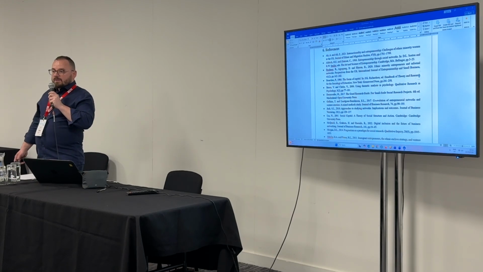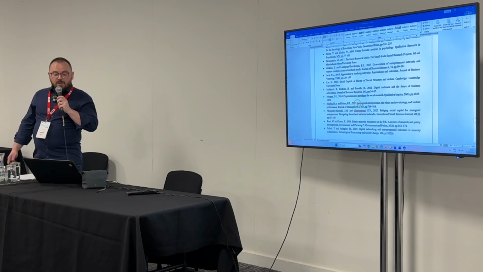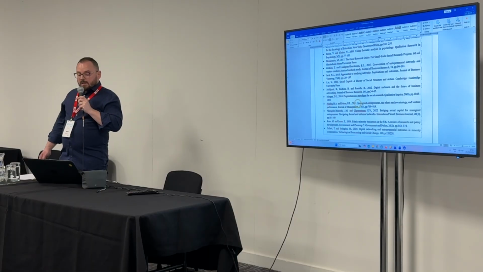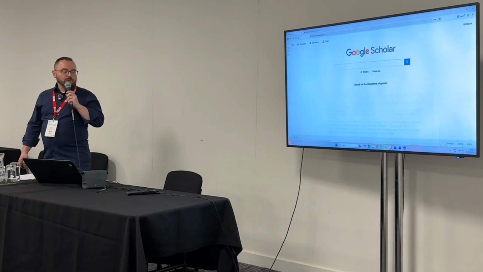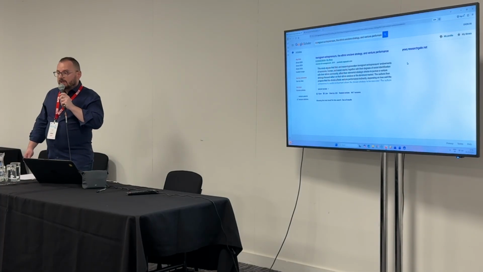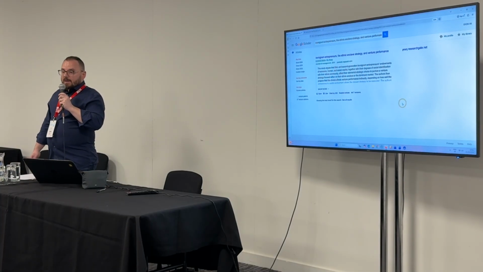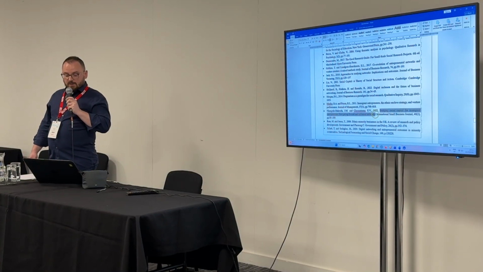Here we're looking at a reference list in a paper submitted by a student. At first sight, it looks quite neat. If I want to check if those sources really exist, the old school method is to copy the title of a given source, paste it to Google Scholar, and if this publication exists, it will just show up. So if I try the same strategy with the next paper on this list,